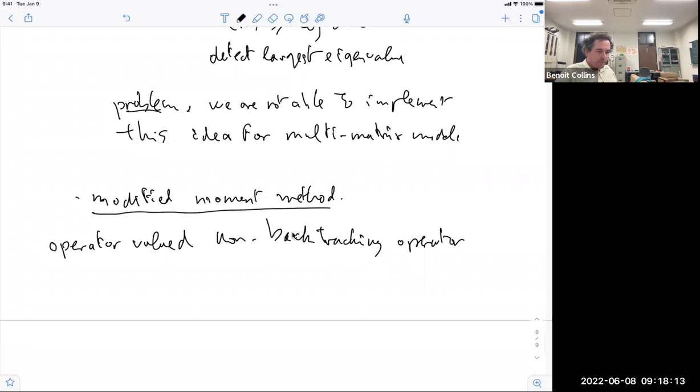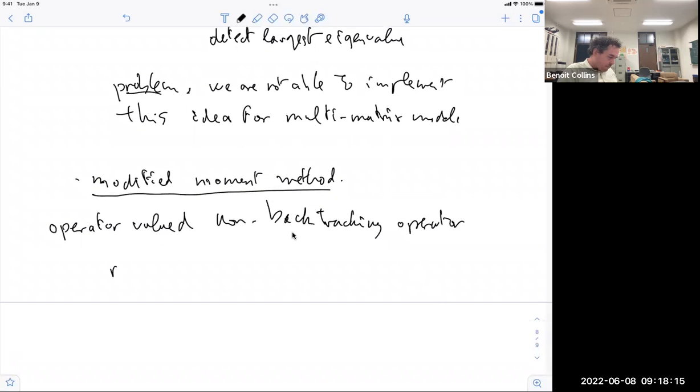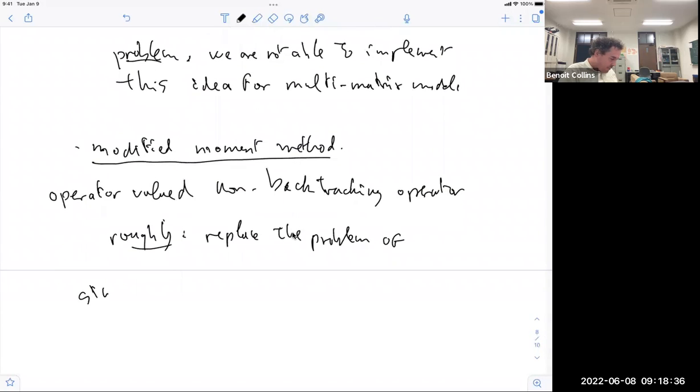And the idea, very roughly speaking, but I will be more precise tomorrow, is that we replace the problem of studying the spectrum of A0 tensor 1n plus A1 tensor U1 and so on and so forth